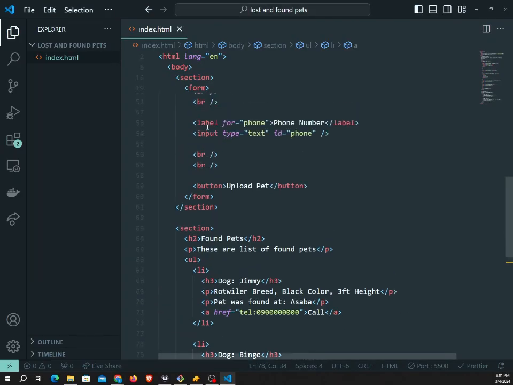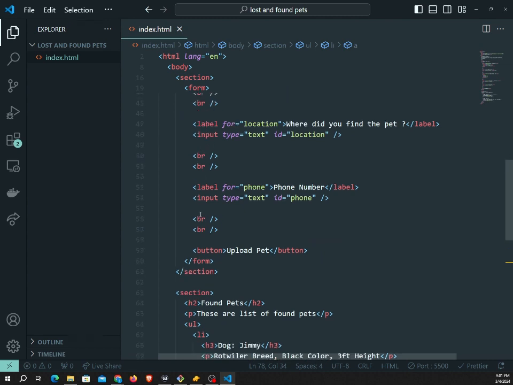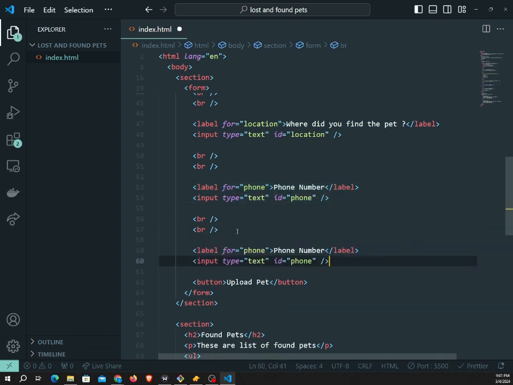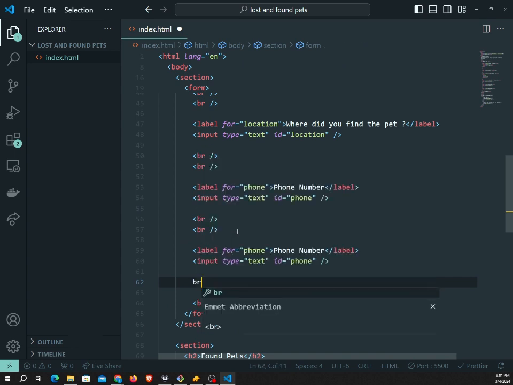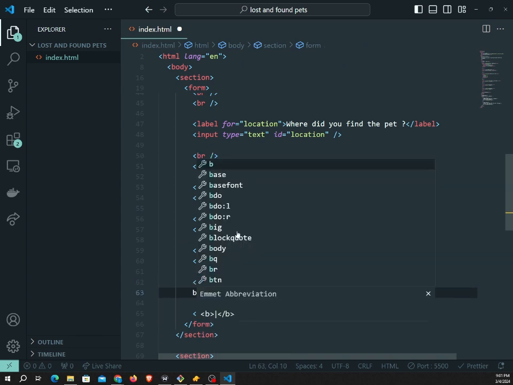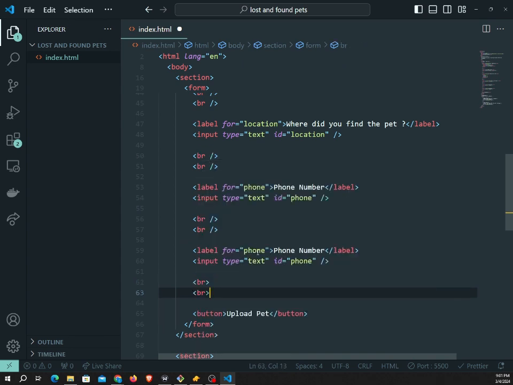So I will come back to the form here. This is the form, and I will create another section. I'll just copy. Let me use this one already. I will edit it so I don't have to type again. So I'll just paste it and come down here. I'll do PRO. Yeah, right. So this one I will just call it image. Then for what the user will see, I'll say upload